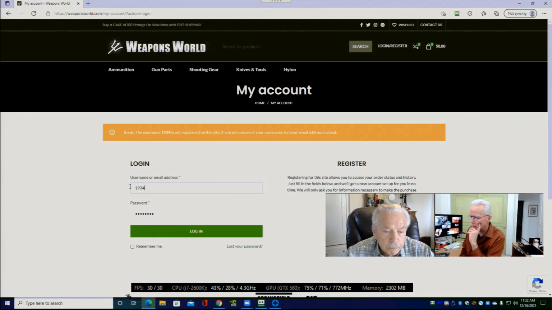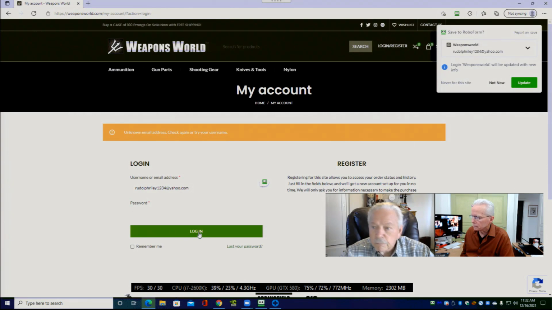Then I'm going to come here and highlight this username, press Control-V to paste the last thing that we copied, and see if that'll get us logged in. Now, see the thing in the upper right hand? Yeah.